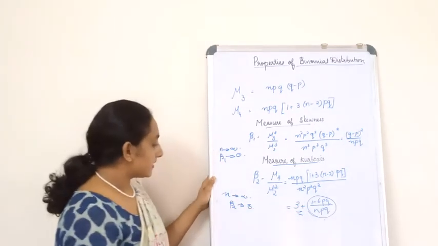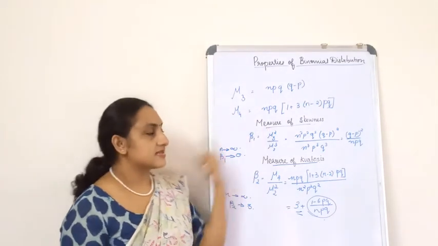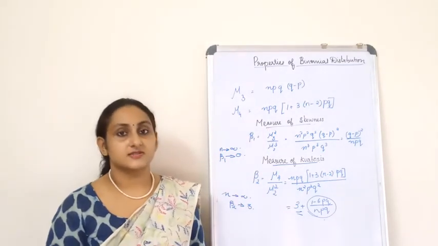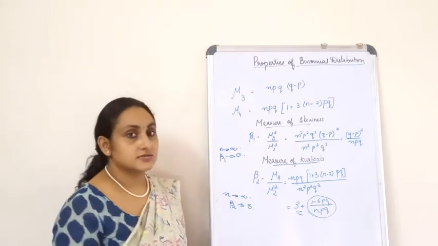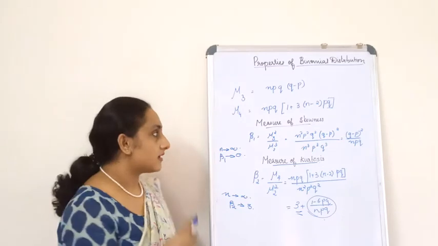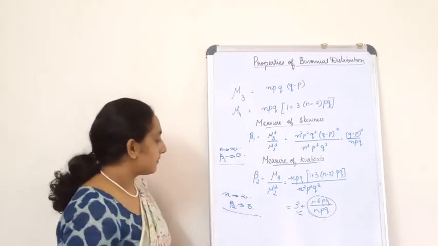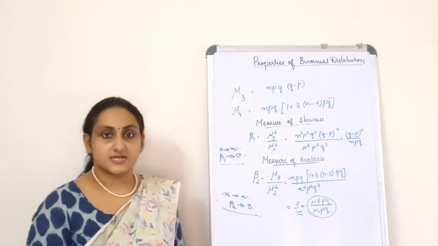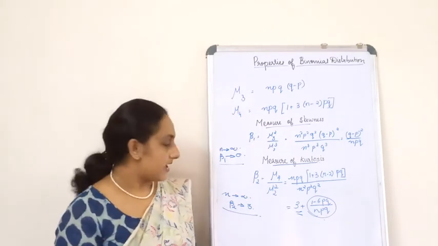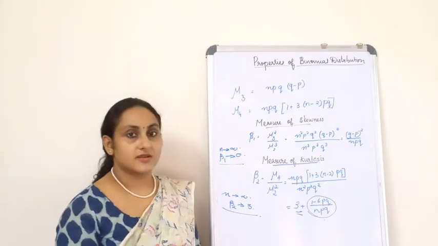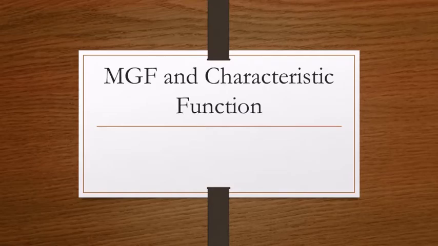Okay, so what do you infer from these two? Now, why did you study the skewness? You have studied the skewness in the basic classes of statistics, and also about kurtosis. So what do you infer from these two points? That is, when beta 1 tends to 0, it means that you get a symmetric curve, and beta 2 tends to 3 means it is mesocurtic. Yes.